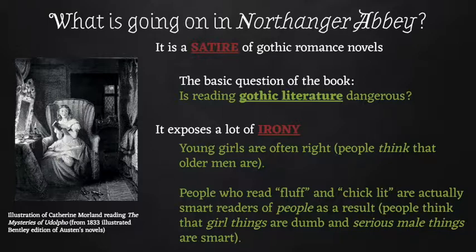And Gothic was very popular. After Walpole, a lot of writers, including Anne Radcliffe, who we're going to talk about today, were writing these huge books. And over here you see Catherine Morland. She's reading a book and she's spooking herself out, right? She's kicked off her little shoes. She's got a little candle. Look at this Gothic mirror over here and these fancy drapes everywhere and just little Gothic windows. Spooking herself out and sort of entertaining herself.